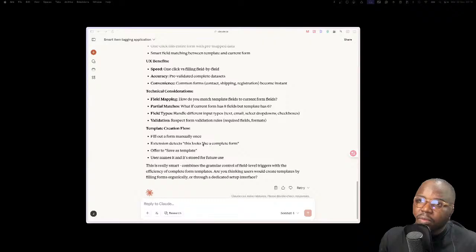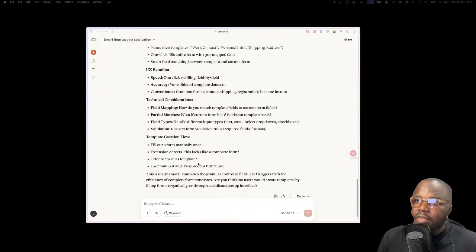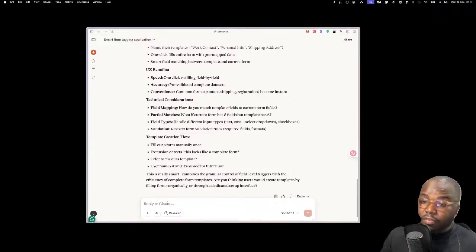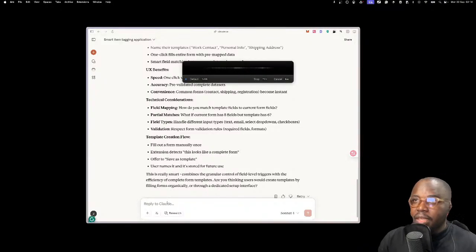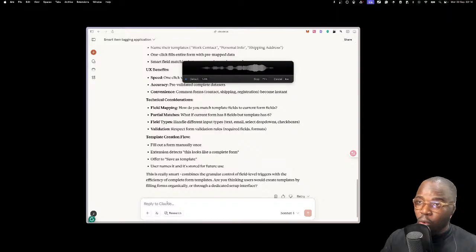Extension detects these forms like a complete form, save as template. And then you can save a form as template. All right, that was beautiful. Okay, this is beautiful, but there should be a UI or a backend or somewhere where I can manually add individual items to my form bank, my info bank. Do you get? Like I click on add, it shows me a field where I can enter the actual value, and then I can add a list of trigger words that's going to trigger that. Do you get?